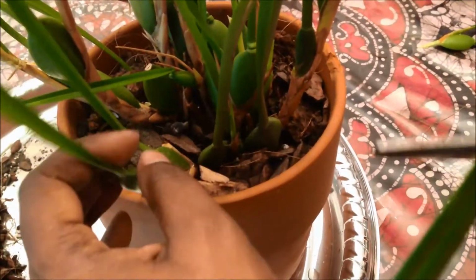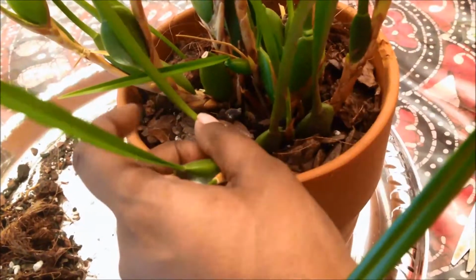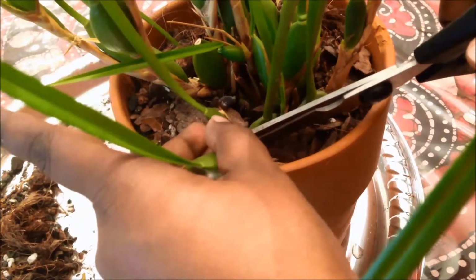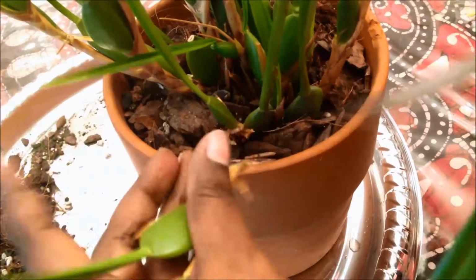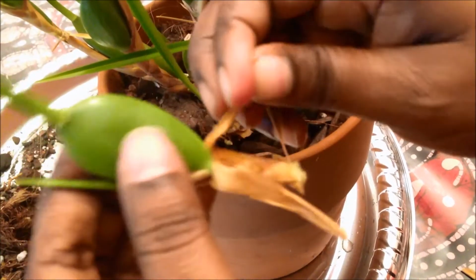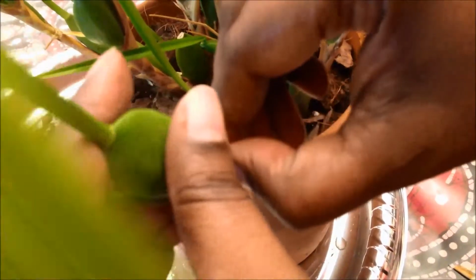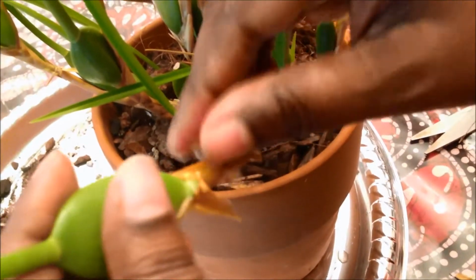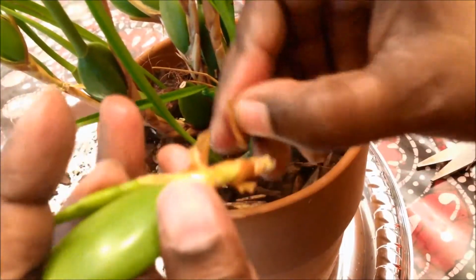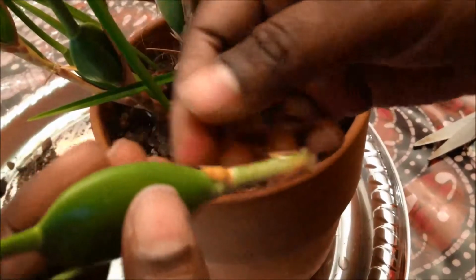I'm going to cut this one right here. The same method. Oh, sorry, the angle might be too bad. But I'm going as low as possible, and I'll give it a snip. Okay, so again, peeling back these dried layers very gently. I don't see any roots. All right, no roots in this one either, but